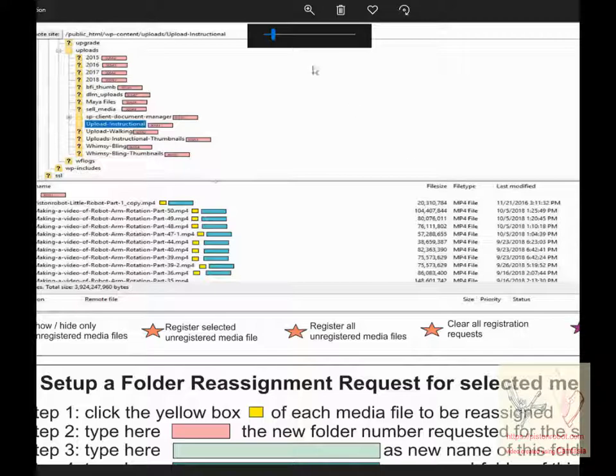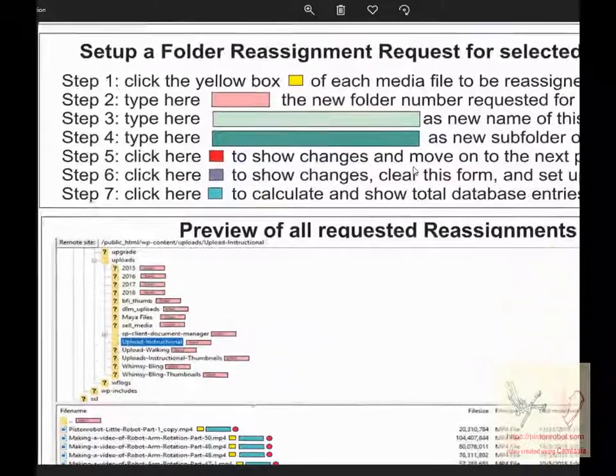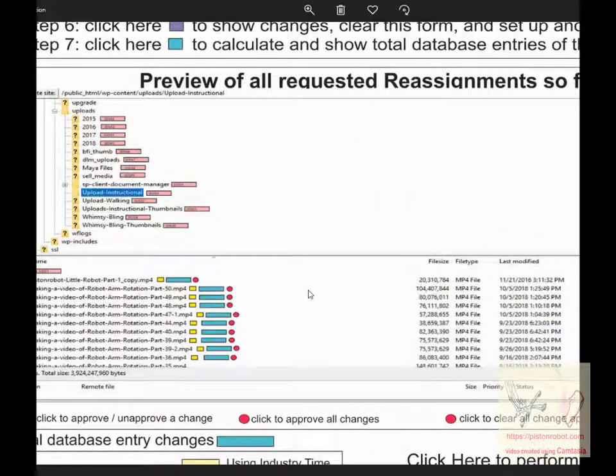And again, once you had made all those choices about registering and unregistering files, even if you had not done a folder name change or any other change, your activity of registering media files would have that file show down here, would have a little red star next to it and a red dot. And again, that activity of registering that media file would not occur unless you put a check mark in that red dot. And I also changed this